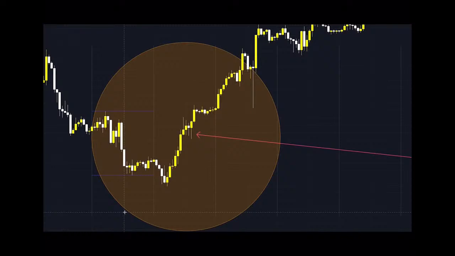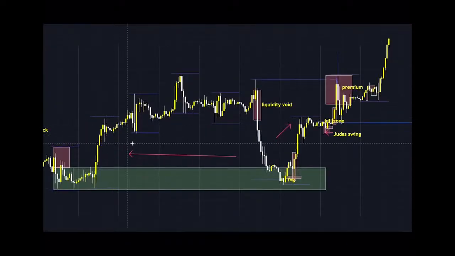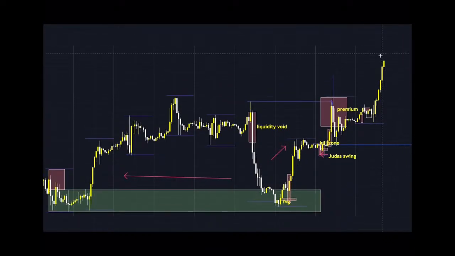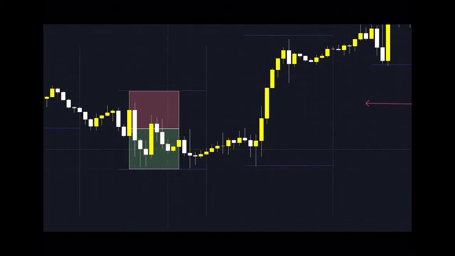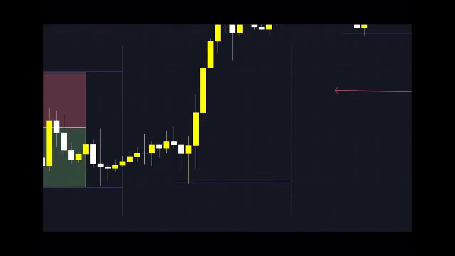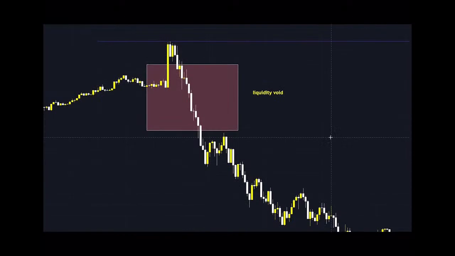All right, so what we've discussed so far in this video is simply talking about the current price action of this asset that we're on right now. This is the current price that it's at right now. So I gave you a whole top-down analysis from the higher time frame all the way down to what we're looking at right now. This is the hourly chart, and you can see it separated by days. I've already discussed all the PD arrays, all the fair value gaps, everything. That when you have a bullish bias, you only want to be buying in areas of discount. But if you're going to be hopping down to a lower time frame,